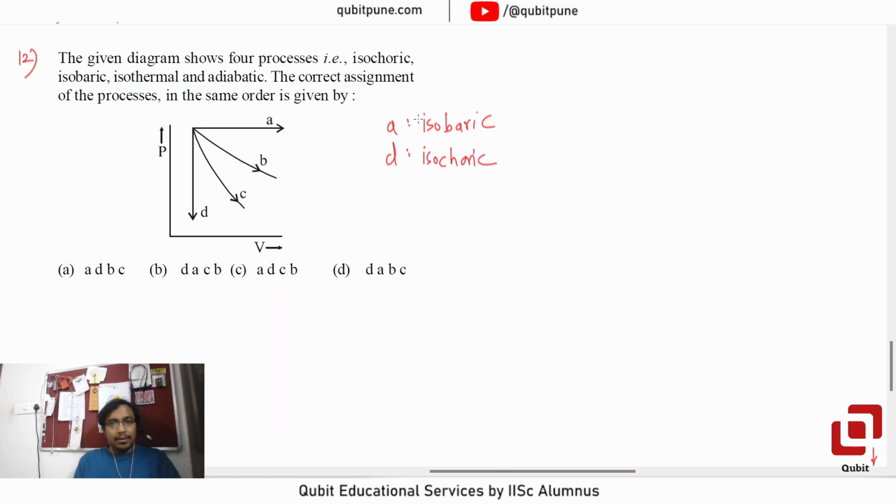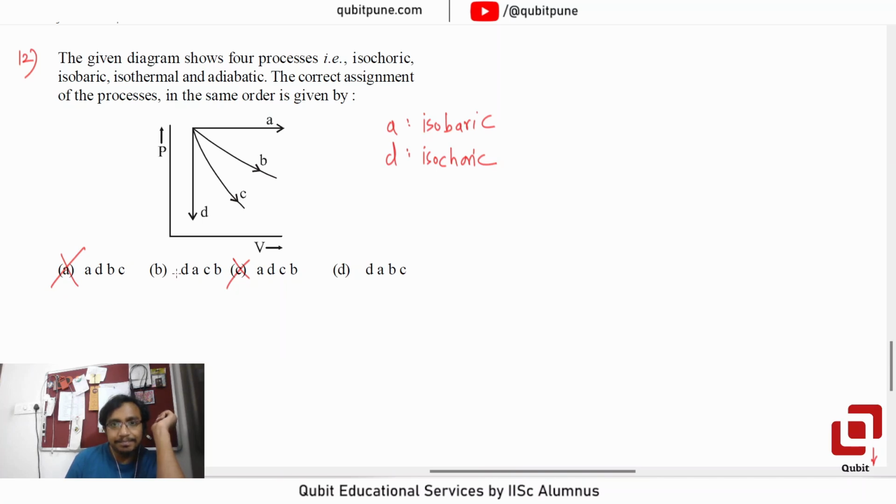So the option should start with D. A is gone and C is gone because isochoric is first. Yes, I'm right in that. So it should start with D, isochoric. Now between options B and D,